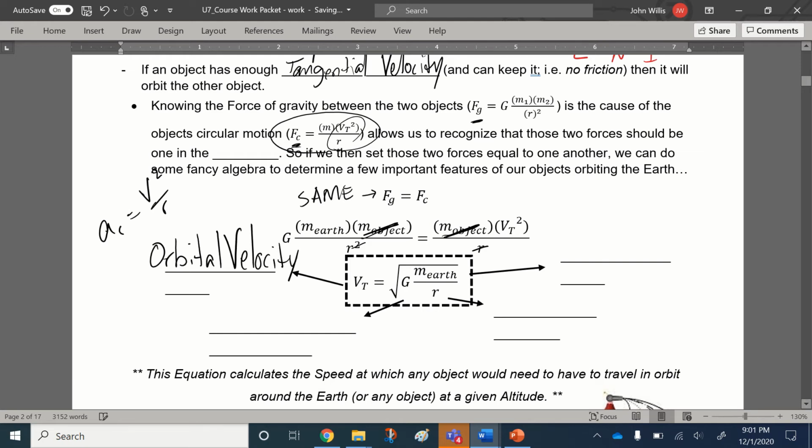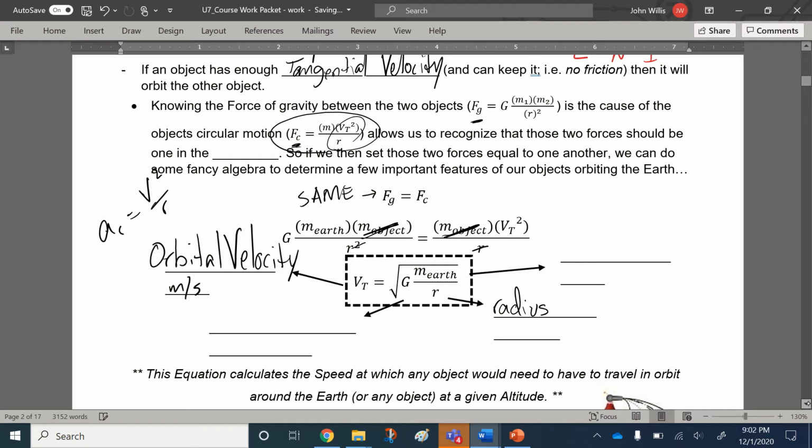The speed something needs to be traveling at, again, velocity measured in meters per second, to maintain orbit, to not fall into the planet or to not go flying away from the planet. Too much orbital velocity and you drift away into the cold, dark, empty recesses of space all alone for eternity. Too little orbital velocity and you crash and burn in the atmosphere of the planet. That is the balancing act that the International Space Station and every satellite we've ever sent up into space is currently doing. You've got to maintain that ideal orbital velocity based on your radius,